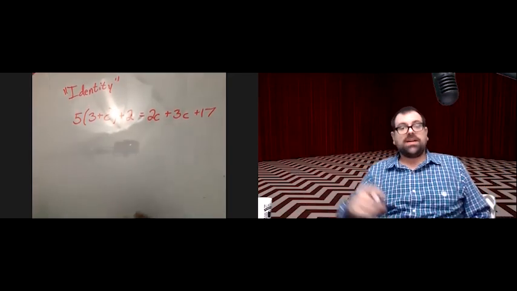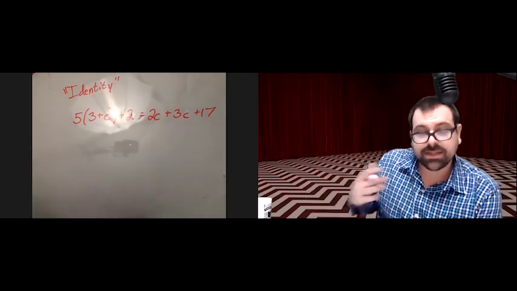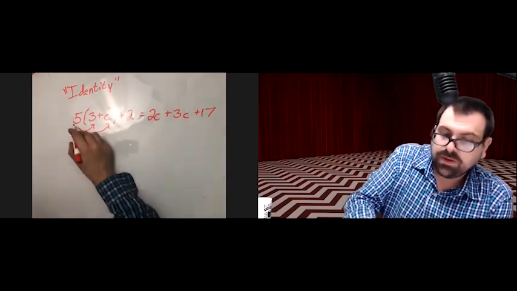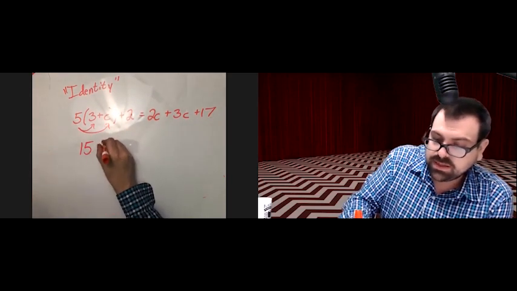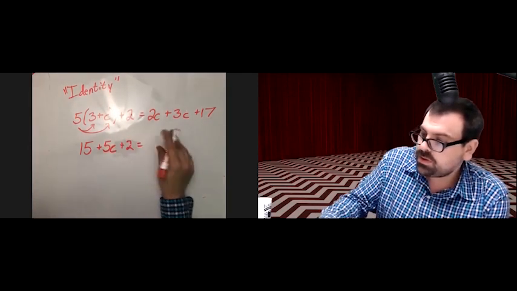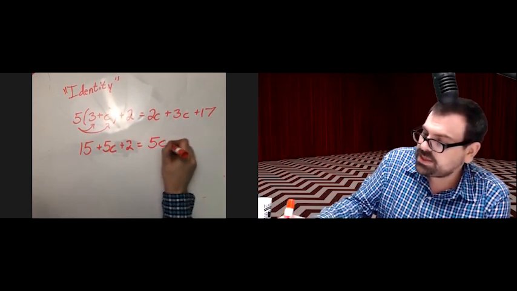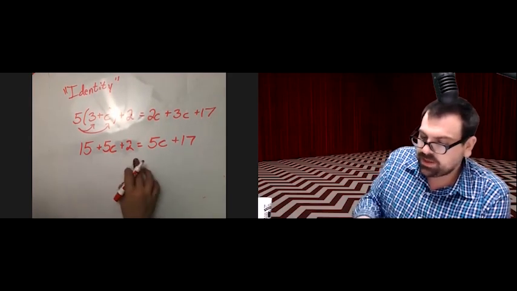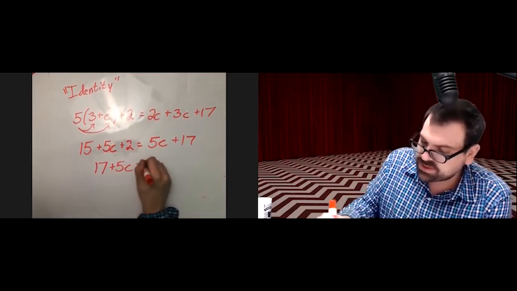Okay, let's solve this for C. Well, first we'd clear parentheses and combine like terms. So distribute. 5 times 3 is 15. 5 times C plus 2. Combine like terms here. 2C plus 3C is 5C plus 17. Still got one more thing we can combine here. 15 plus 2, so 17 plus 5C